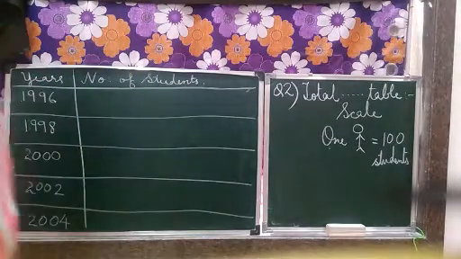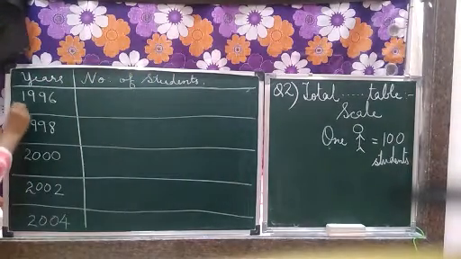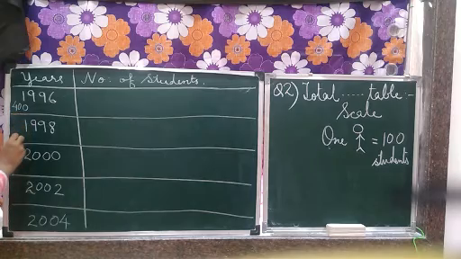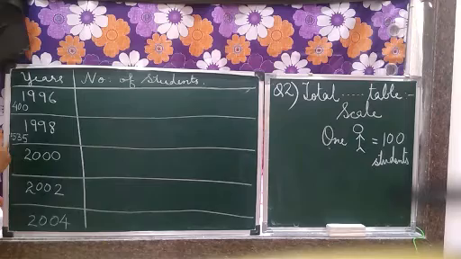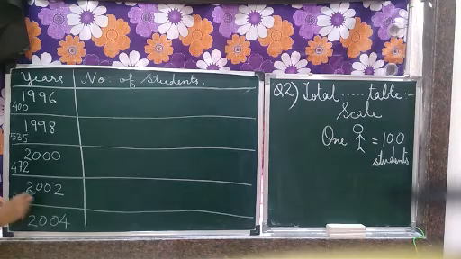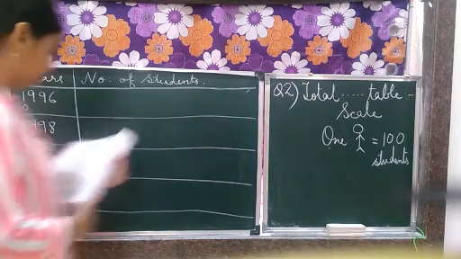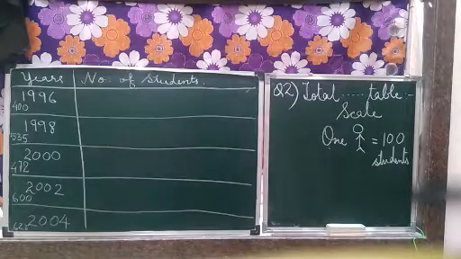Numbers also 400, 535, 472, 600 and 623. Now children, we have to divide it by